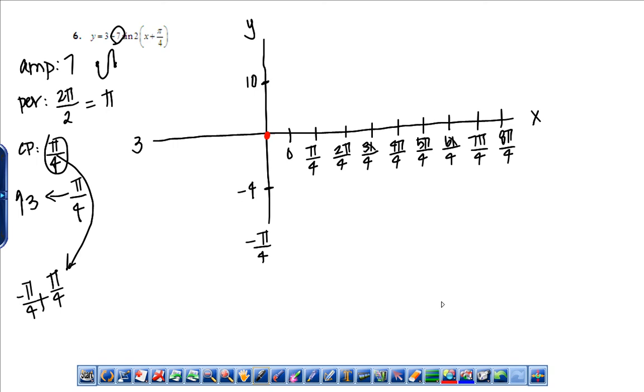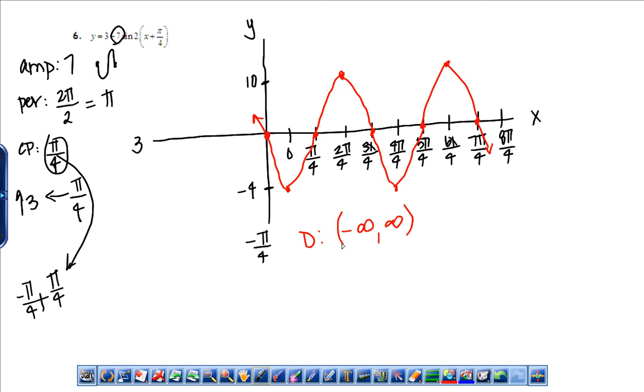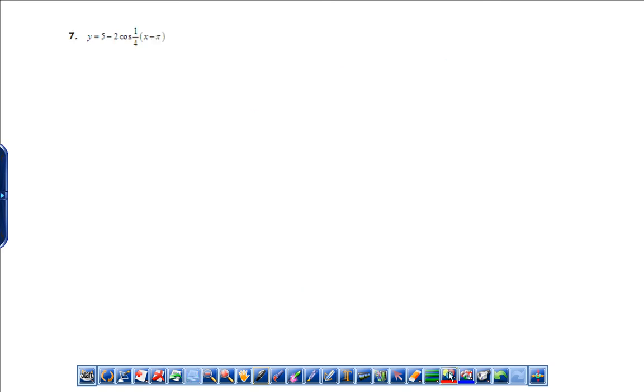Now let's graph. So again, this is my middle. I'm going to go down first. And remember, this keeps going. And this keeps going. If you do your domain, it's all real numbers. Remember, infinity has a parentheses because it keeps going. Your range is negative 4 to 10. You always do your low number first, bottom to top. And I'm going to do brackets. I would suggest you try this on your own, but I understand if you want to watch this one last